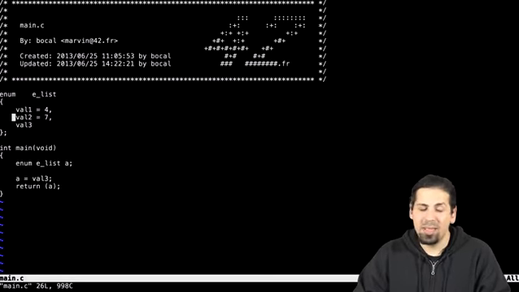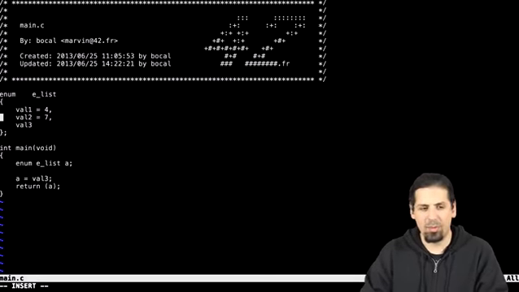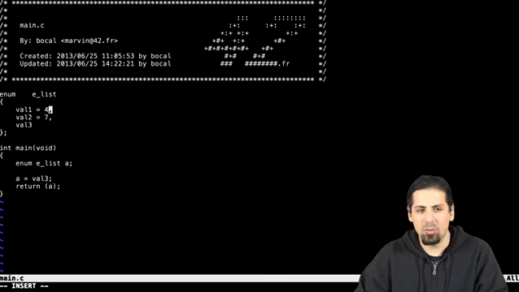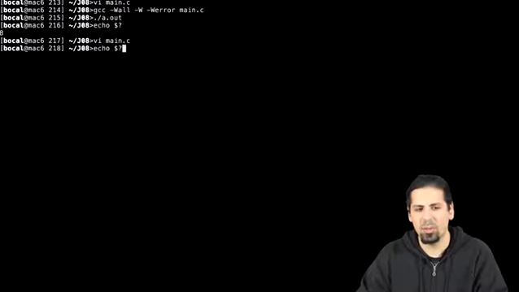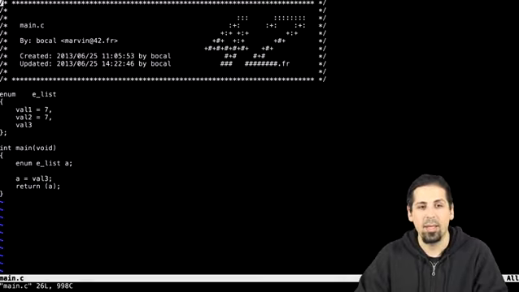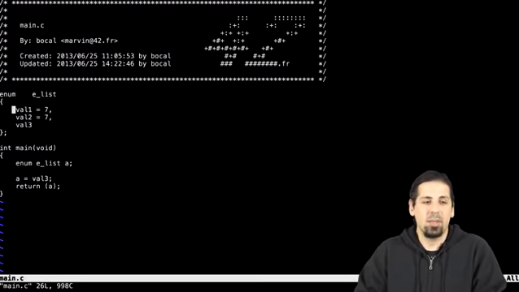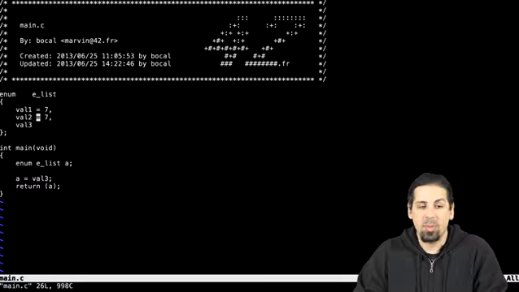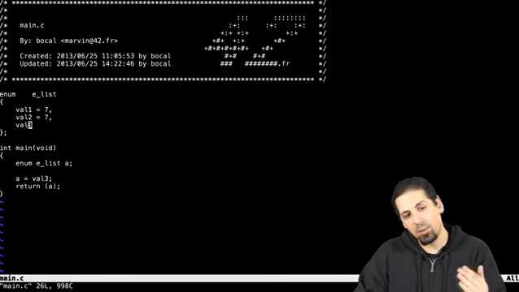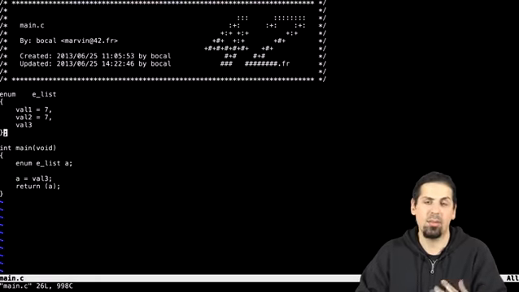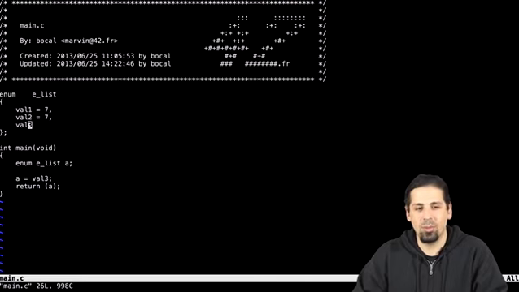So that's about all you need to know about enums. Normally you shouldn't be able to set the same value twice. For example, if you say val1 equals 7 and val3 equals 7, I think you're going to have a problem, but I'm not so sure, because it could let you do it. Depending on versions, it lets you set the values you want. The advantage is that it will just keep listing. As soon as you add a variable, it will increase by 1 each time,